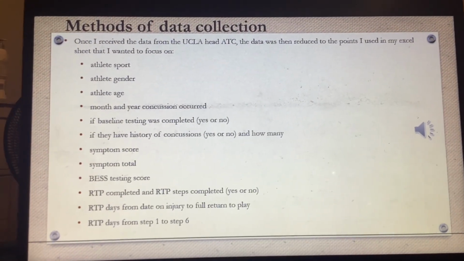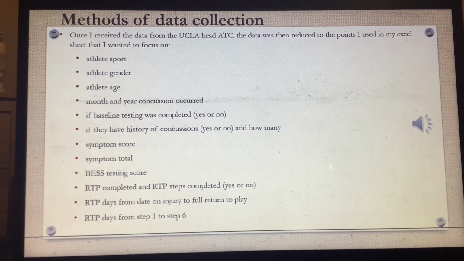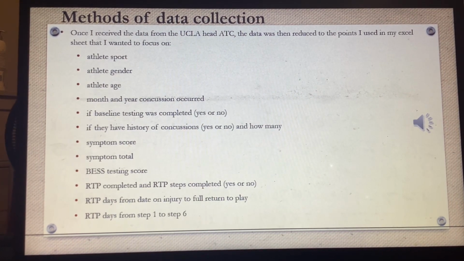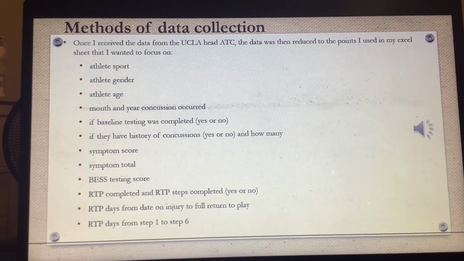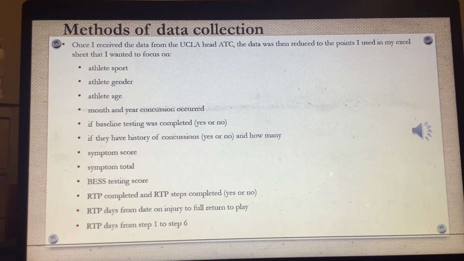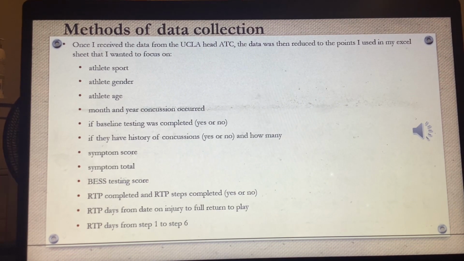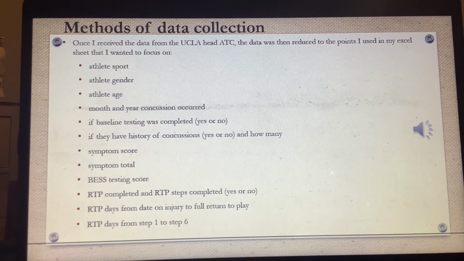For my methods of data collection, once I received the data from the UCLA head athletic trainer, the data was then reduced to points that I wanted to focus on in my Excel sheet. There was a total of 16 variables that I ended up dividing and organizing on this Excel sheet, and the different variables are as follows. It focused on the athlete's sport, the athlete's gender, the athlete's age,